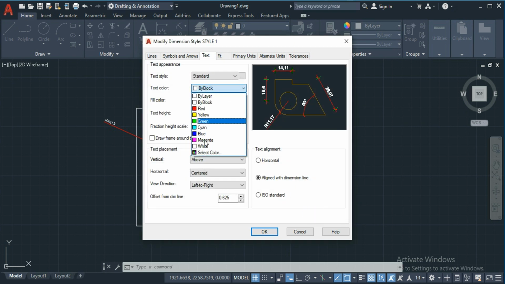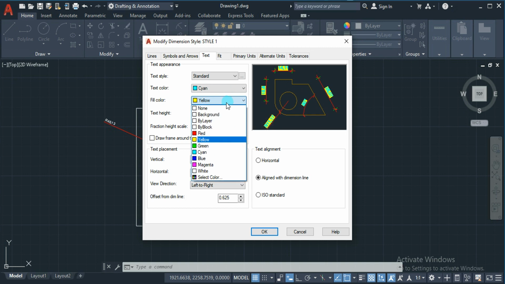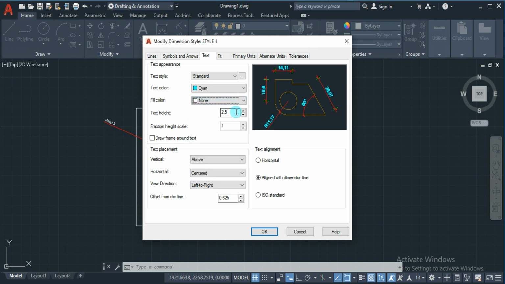If you want to adjust the text color, you can apply the text color here. And similarly background, if you want to give any background fill for the text, then you can go for this option, and let it be none. And coming to text height, okay, it is asking for the text height. Let it be something around 6. Okay, these values are set according to the given figure dimensions.